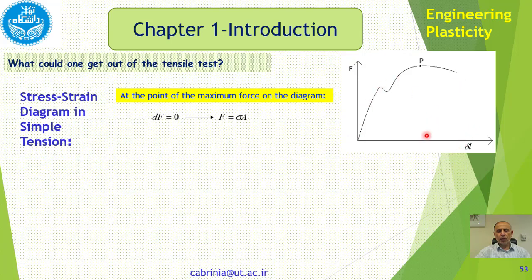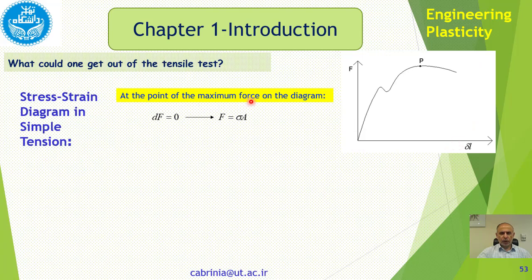Here again we are showing you a curve of variation of force or load against the change in length. In fact, this is the first data you get from a tensile test. Because in a tensile test we apply the load, which is F, and we measure the change in length, which is delta L. So if we note down those points and plot them here, we get a curve like that. This is for mild steel.